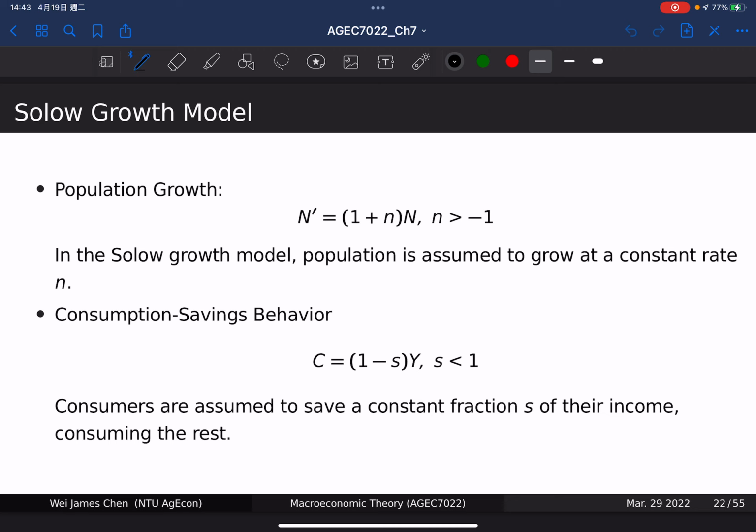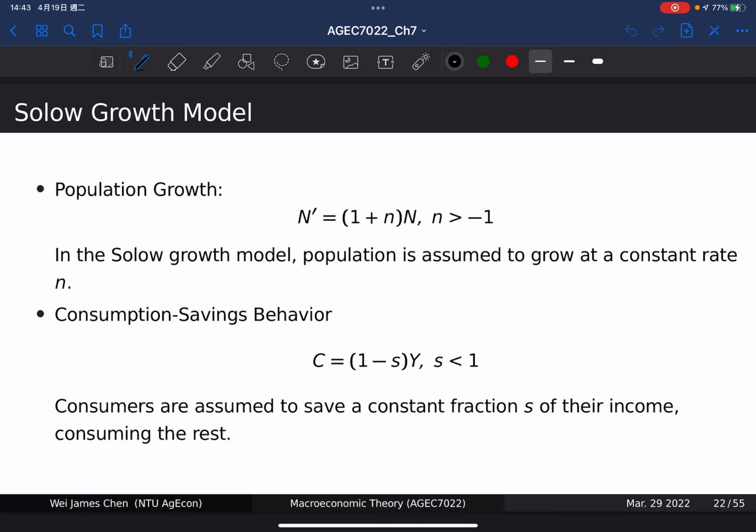Okay, so for the mathematical part, I will actually go a little bit faster than even the previous model, even though the previous model should be the easier one. But this one, you should have learned somewhere before, right? Okay, so